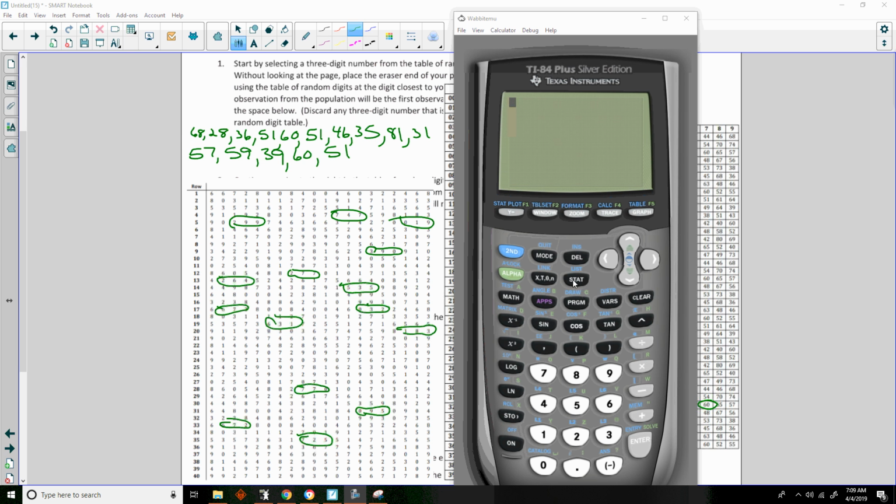So I'm going to press my Stat button here. We're doing statistics, so press Stat, and I'm going to edit a list. So I'm just going to leave it at 1 and hit Enter. And then I'm going to enter in list 1 these values. So I'm going to hit 68, Enter. 28, Enter. 36, Enter. 51, 60, 51 again, 46,